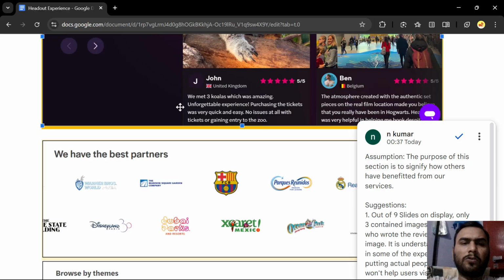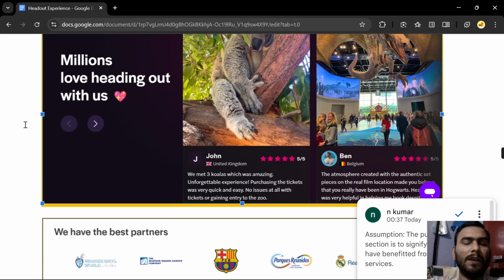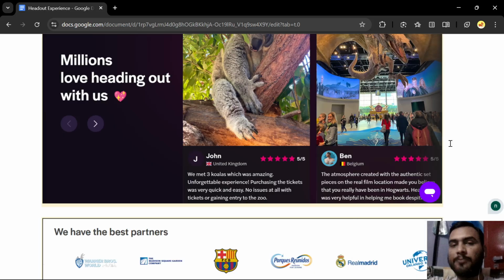And I understand this is not relatable or applicable to all the activities or all the experiences available for that particular place, but we could be prioritizing those activities where the user persona doing those activities directly relates to first time users, or users discovering those activities, seeing themselves doing that.